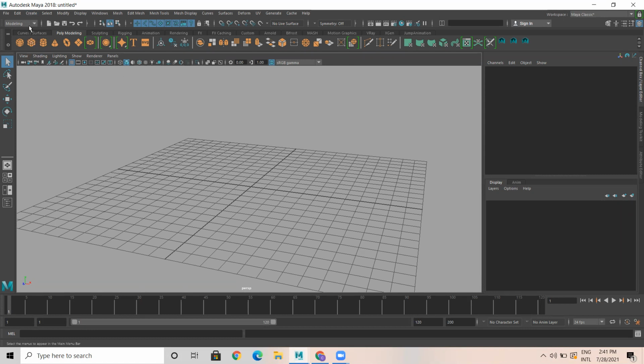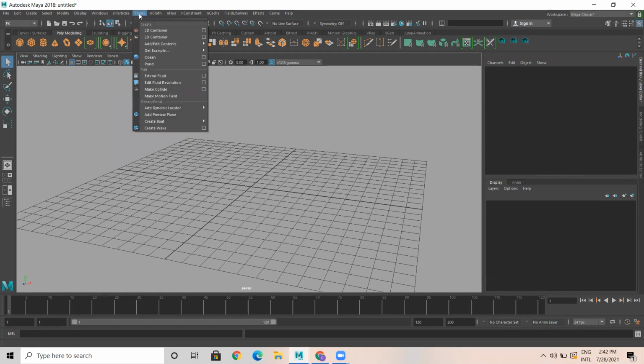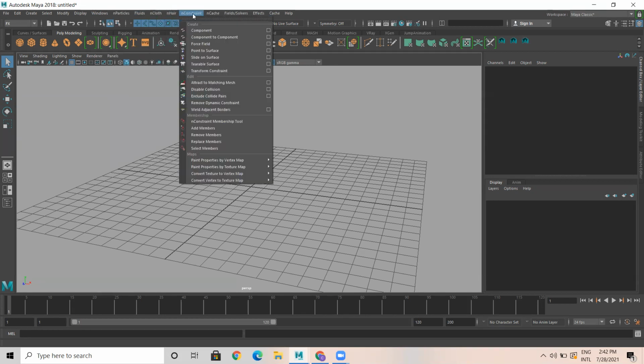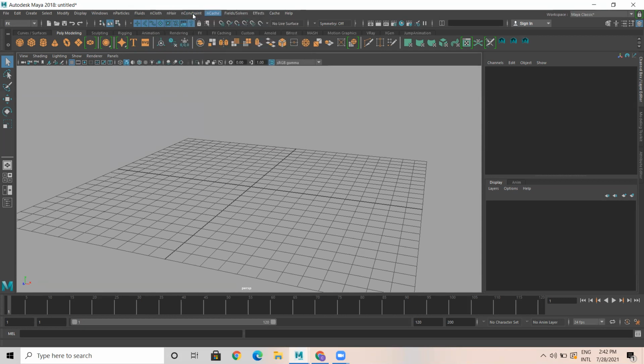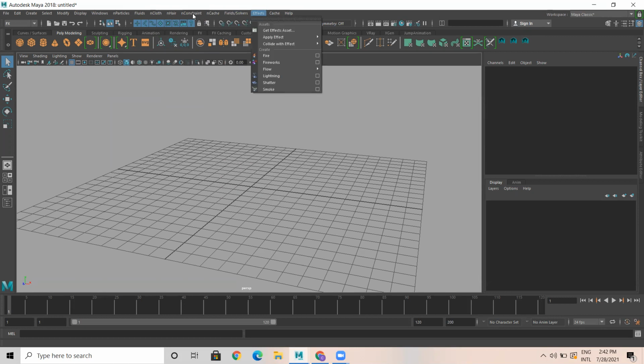So here in the status bar, pick the topic as FX. This FX consists of so many menus, like N particles, there are so many different types of particles. A lot of options are there. Fluids, there are so many fluids options, cloth option, and hair, and constraint, cache files. So there are multiple solvers or fields. There are a few effects.